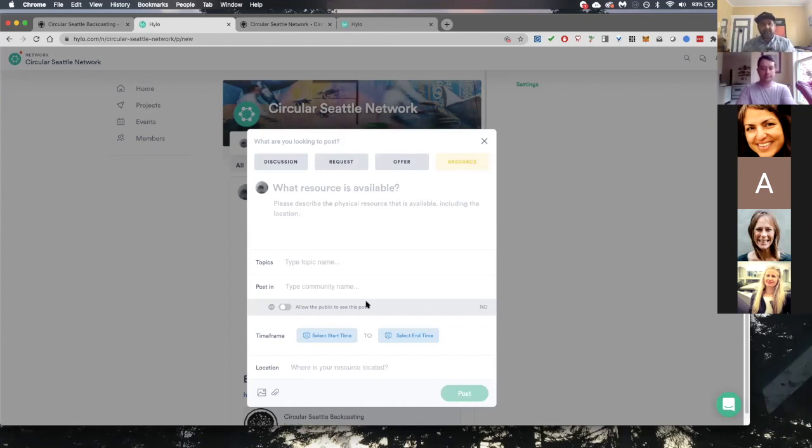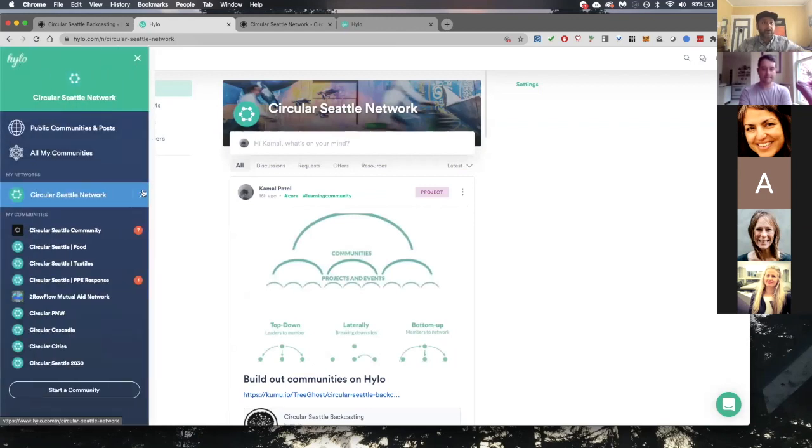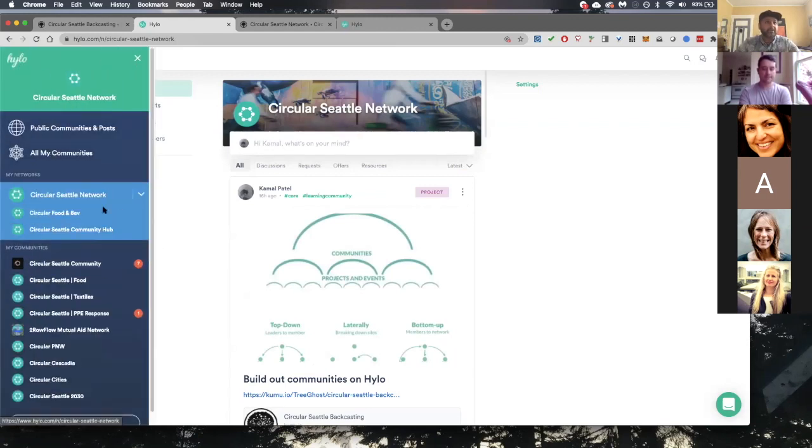This is a relatively new project, Hylo, but they are building a map feature as well. So anything that you say, let's say you say there's a cherry tree on here, you can actually say where it's located and people can go find it on a map as well. The network then, so I'm going to invite you all to this network actually, but first I'm going to show you the food and beverage.